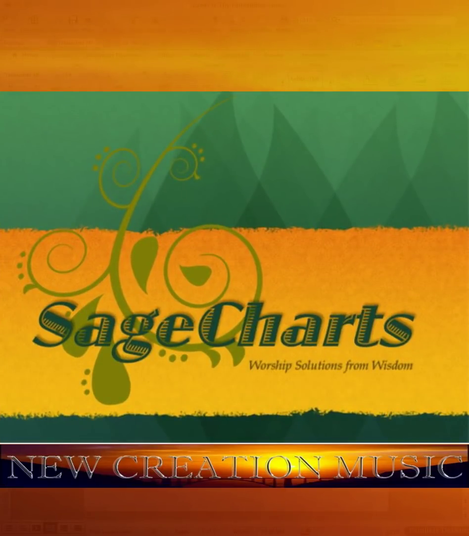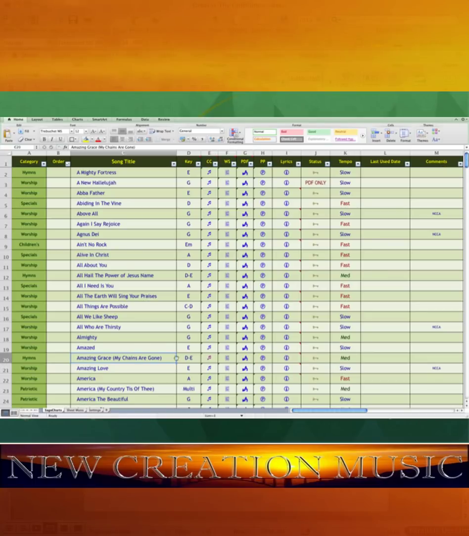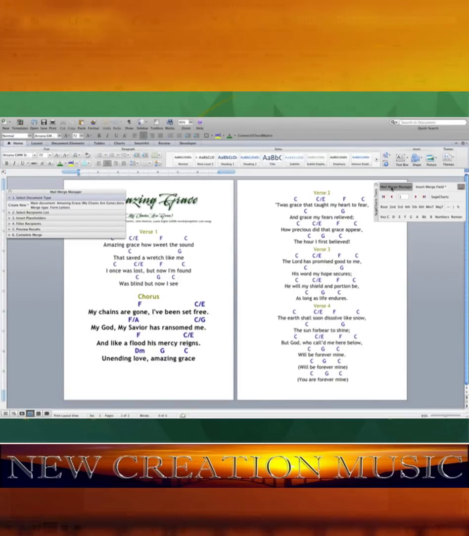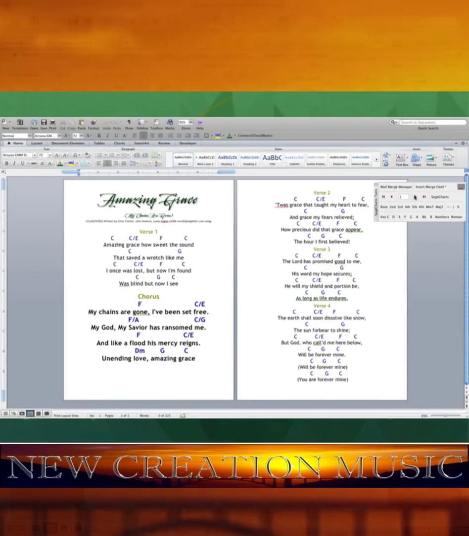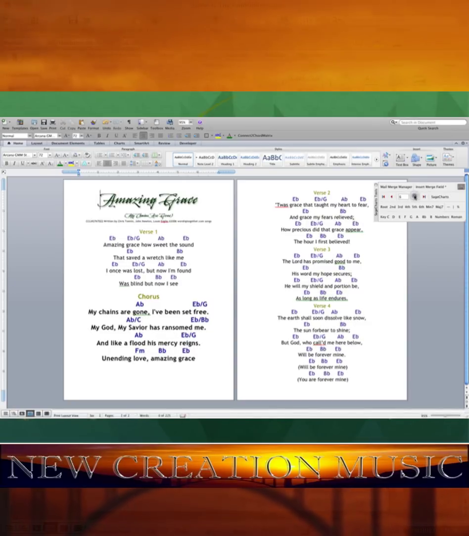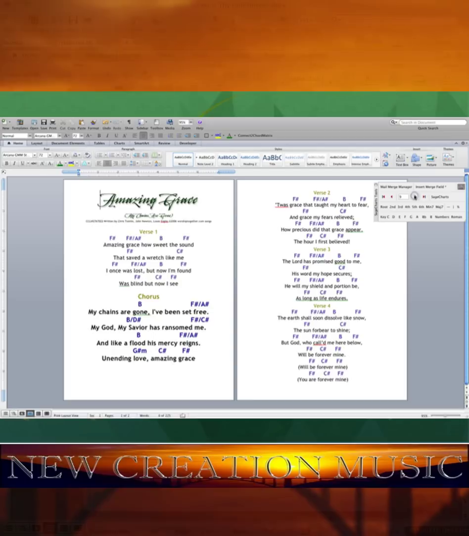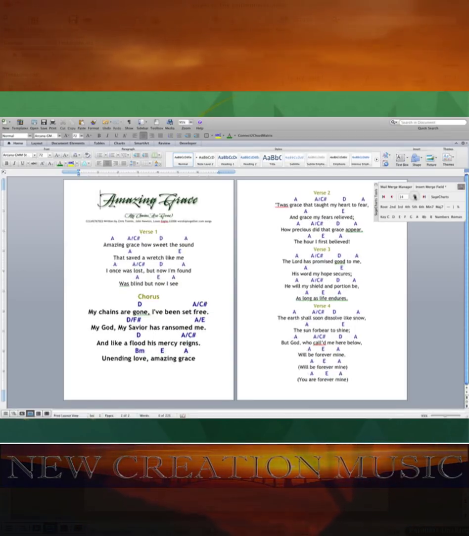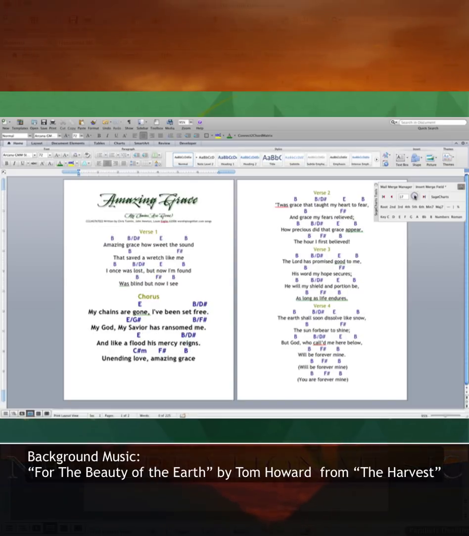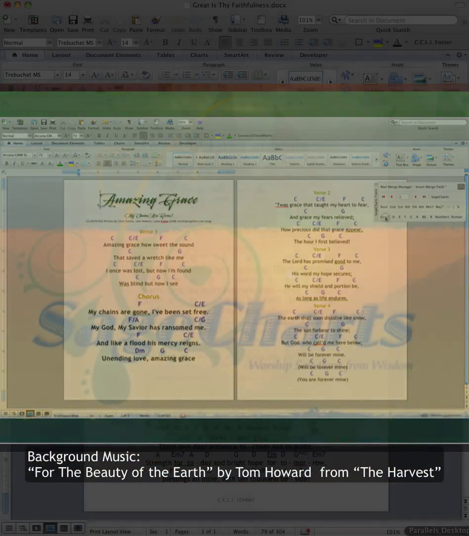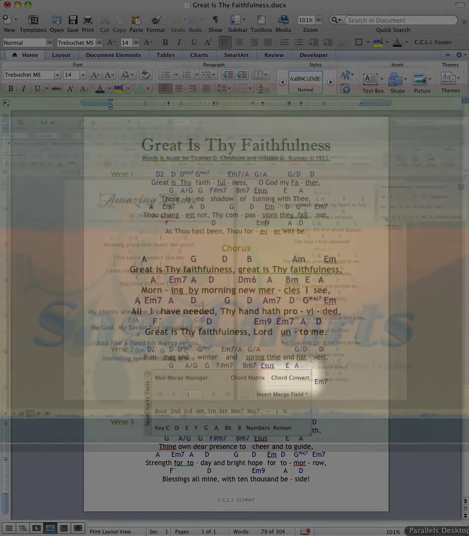SageCharts is an amazing custom transposable chord chart system, an excellent solution for worship leaders and churches that need to produce a lot of chord charts and have the ability to change keys on the fly. The SageChart system has a lot of great features. I'm just here to talk about one of them today, and that is we have a new feature with